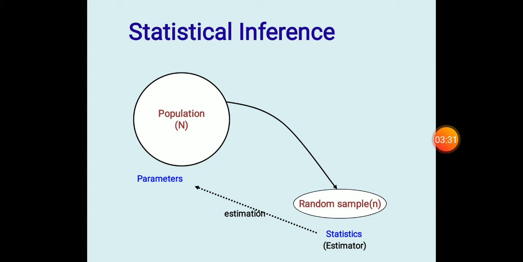The value which we have calculated from the sample is what we call as statistic, or we call it as estimator, and that is not unknown to us, that is known to us. So that's the difference between a parameter and a statistic. The parameter value about that population will always be unknown to us. That is why we are selecting a sample. And from that sample we can calculate any measure. That measure which we have calculated from the sample is what we call as statistic or estimator.